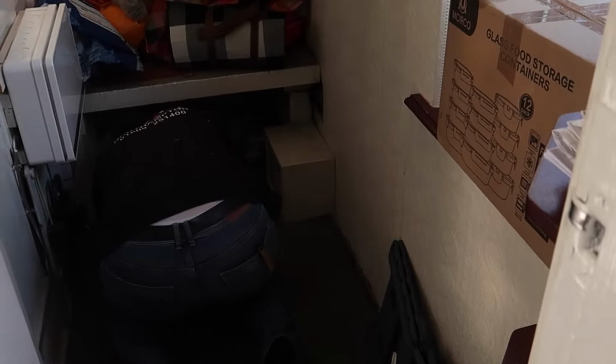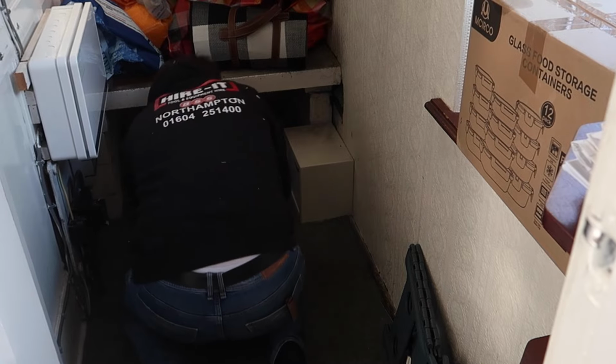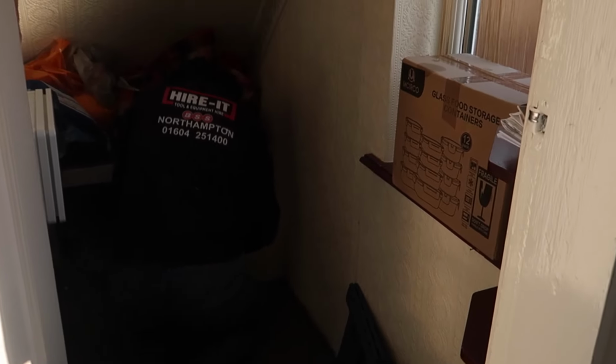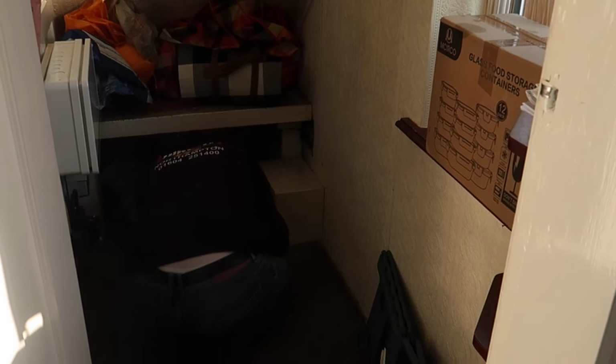Does it move? It doesn't. It looks like it's stuck to the floor. There's a key for it. Yeah, there's a key. Oh, do you think it's that long thing? I thought it was that long grey one. It smells so weird in this cupboard. I hate it. As if we have a safe. Well, we don't know if it's a safe, but...